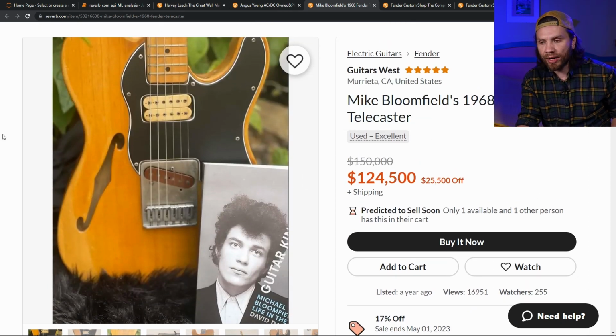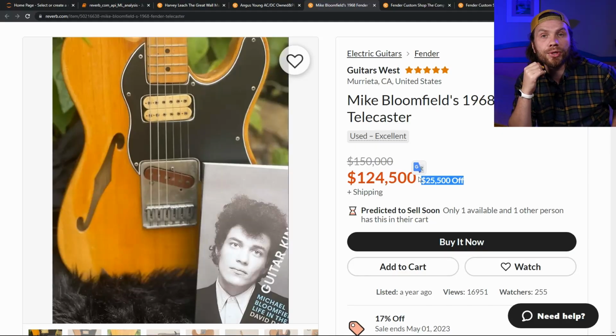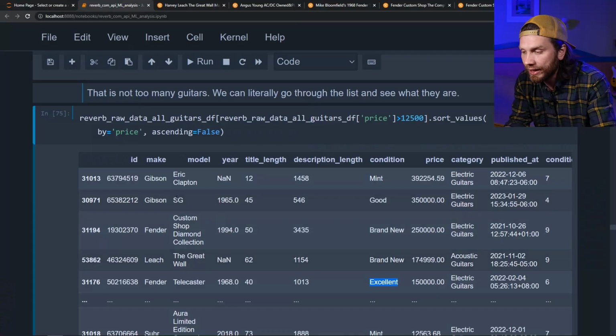That explains the price, and there's a discount, so hurry up and buy it. 25,000 discount, you could buy like 25 guitars with that. Hurry up before someone gets it before you do. But I know why you're here. You're looking at the most expensive guitar, and that's